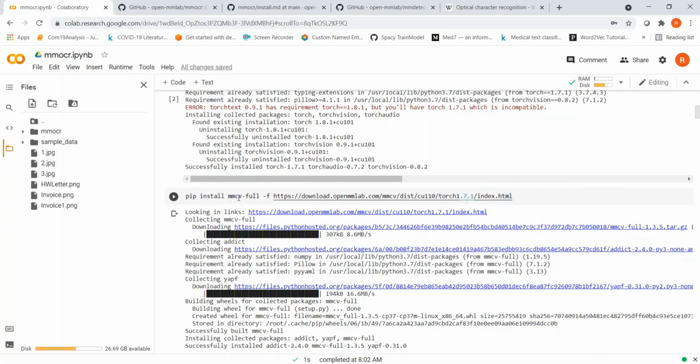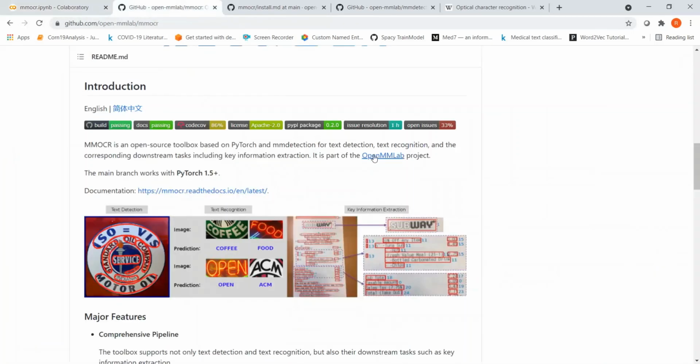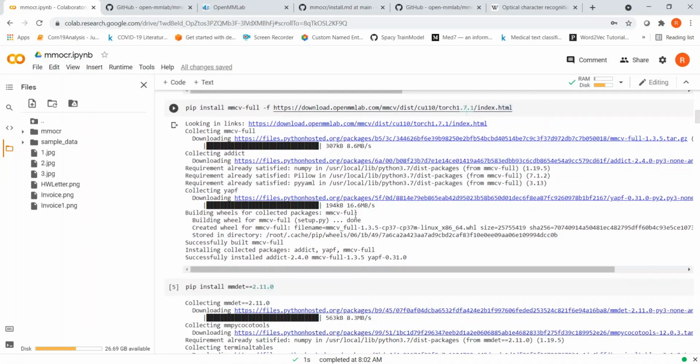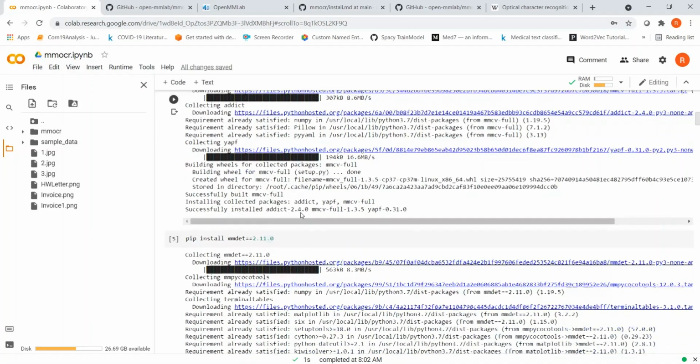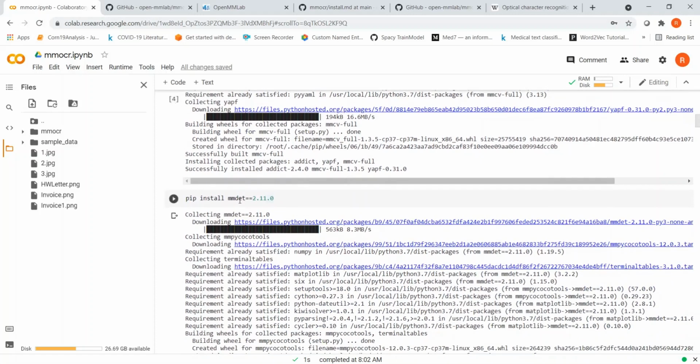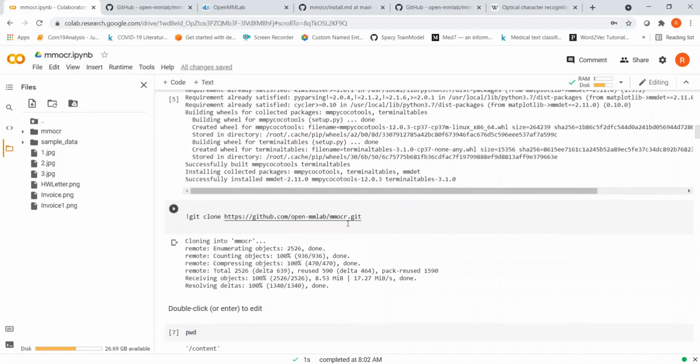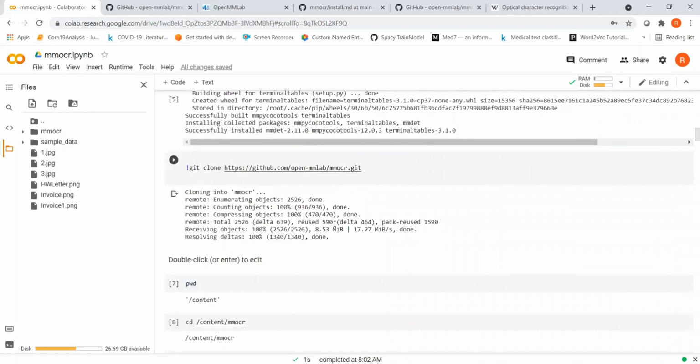Then I have to install MMCV full because this is part of the Open MMLab project. That is what is done over here. Then I also have to install Detection, the object detection library. I install that, and then I clone the MMOCR repository.